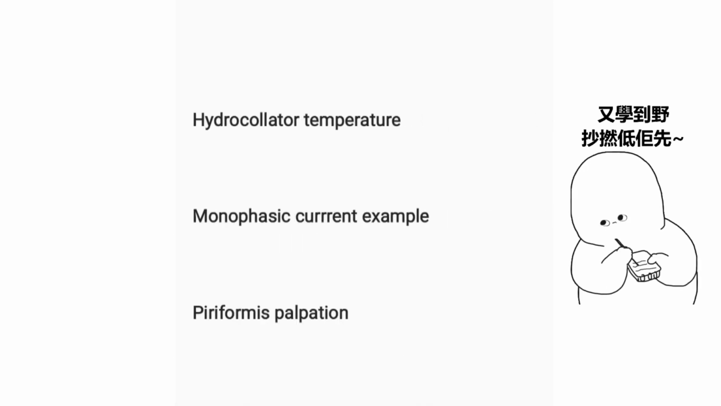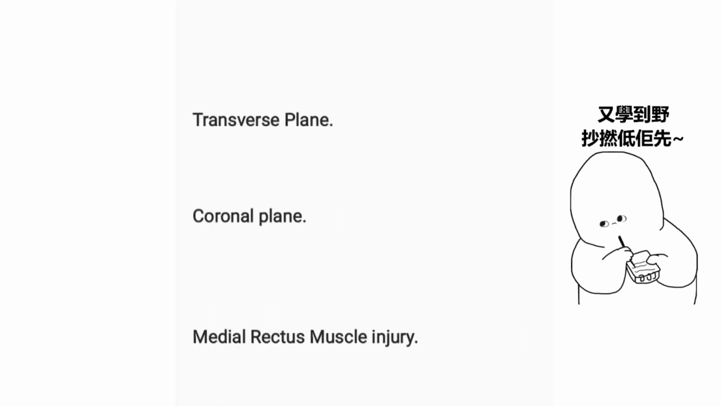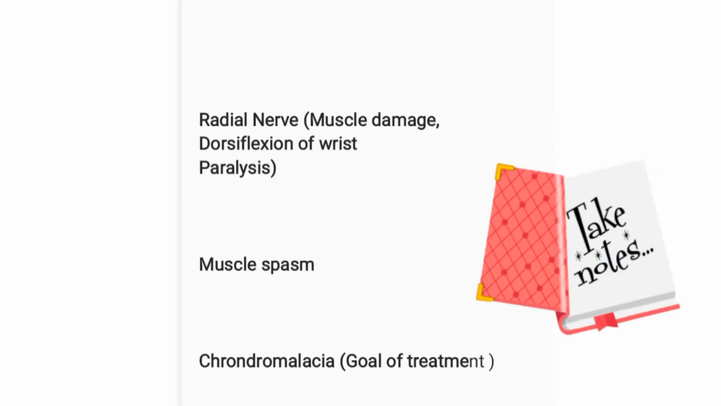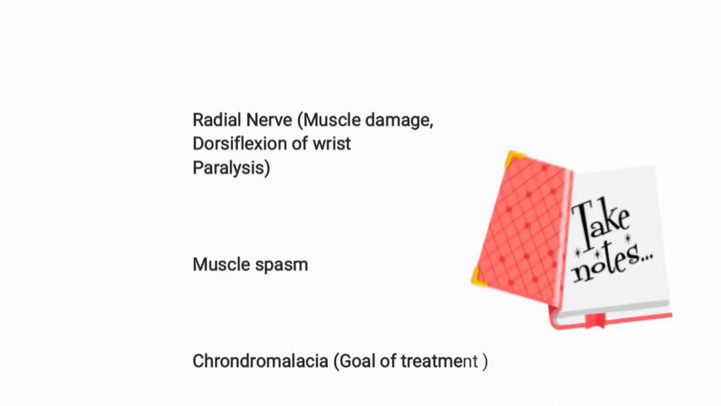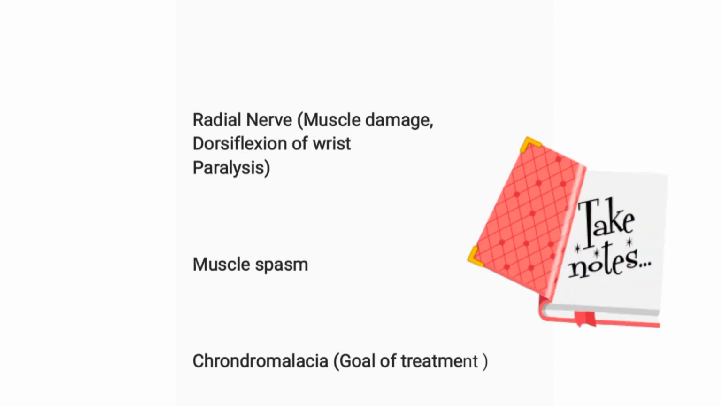What's the temperature of hydrocollator? Monophasic current example, piriformis palpation, transverse plane, coronal plane, medial rectus muscle injury, homonymous hemianopia, definition of dystonia, Lachman test, radial nerve muscle damage, dorsiflexion of wrist paralysis,